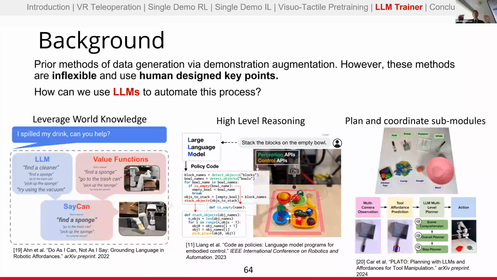We needed a human to manually annotate the key points along the task and choose what objects are relevant for each of these key points. Once we do this, we have a very rigid structure to then generate the new trajectory, which can't adapt to changes in the environment outside of just the motion of those objects. So how can we use LLMs to both automate this process and make it more flexible?